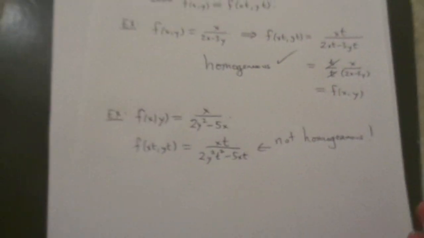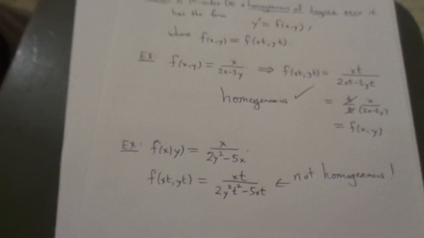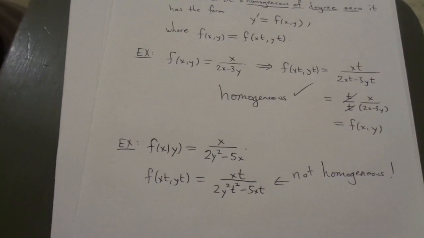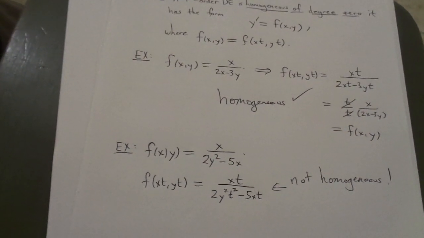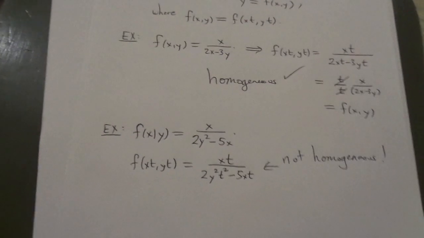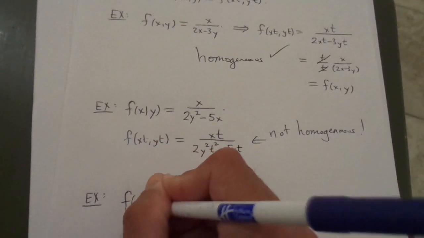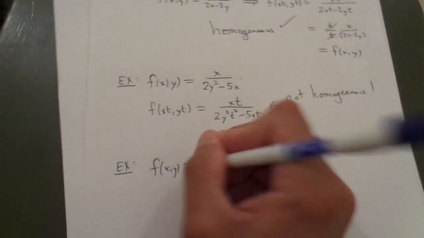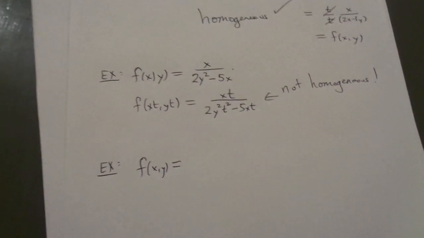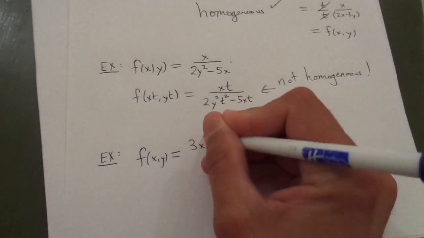When you're thinking about what this term homogeneous really means, what we're really saying, guys, is that there has to be a balance of x's and y's. They have to have the same weight in every single term. So just as one more example, the t is really measuring the weight of the expression of the x's and y's. So if I had something like this,